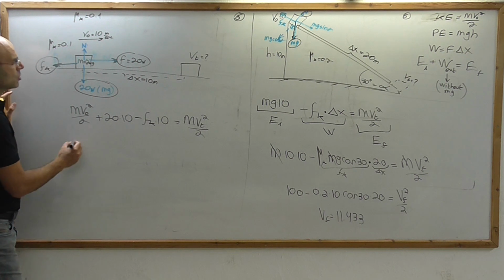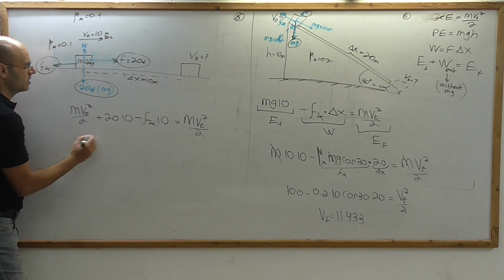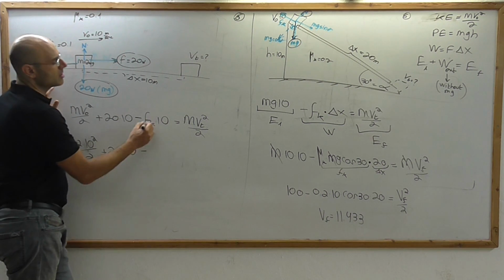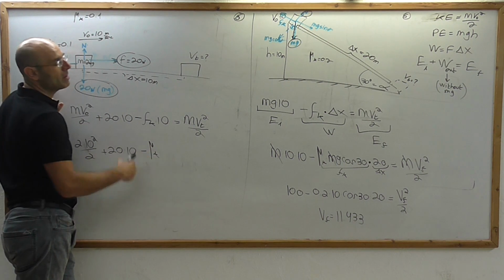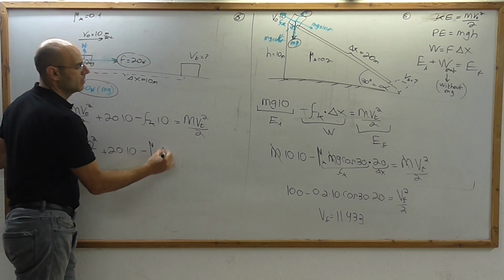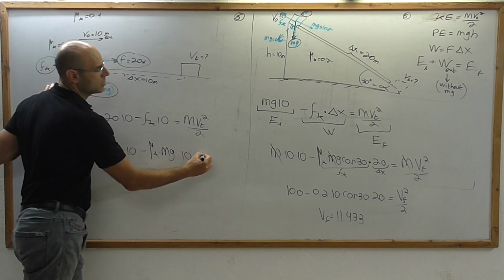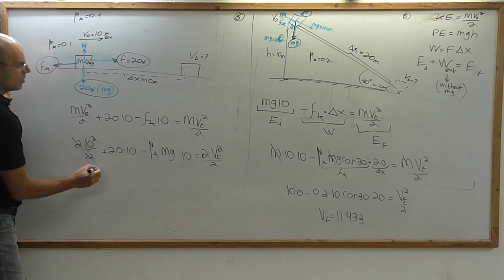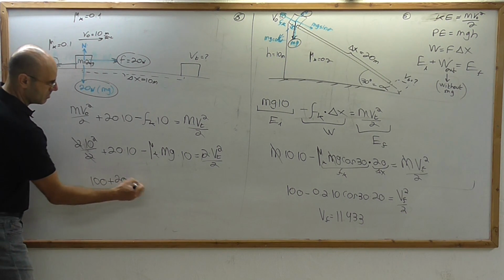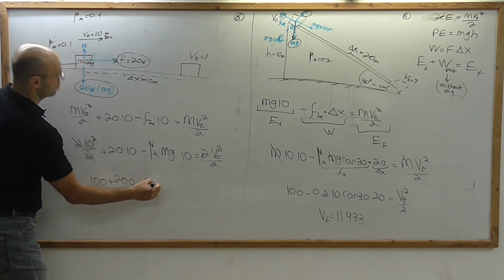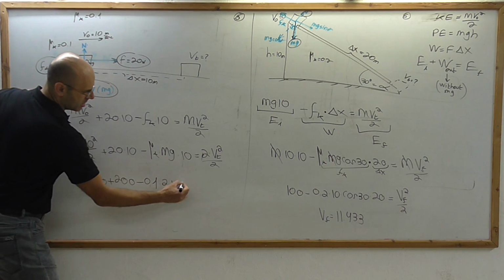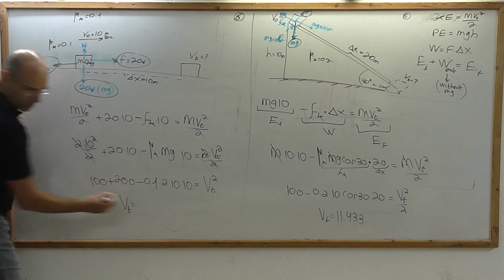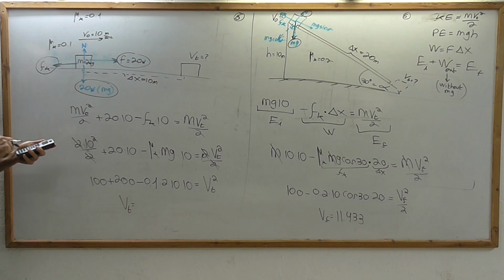Okay? So 2 multiplied by V0, which is 10 squared over 2, plus 20 multiplied by 10, minus F kinetic, which is mu kinetic multiplied by the normal, and the normal is mg, multiplied by 10, equals 2 multiplied by V final squared over 2. So it's 100 plus 200 minus mu kinetic, which is 0.1, this is 2, this is 10, this is 10, equals V final squared. So V final will be 100 plus 200